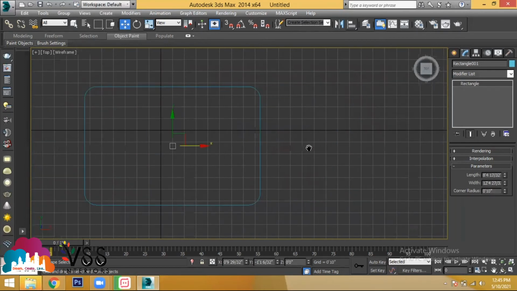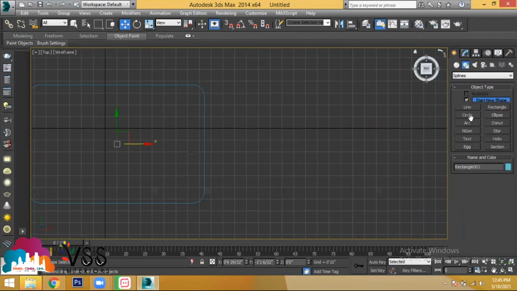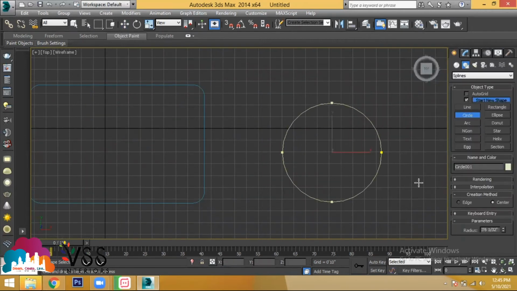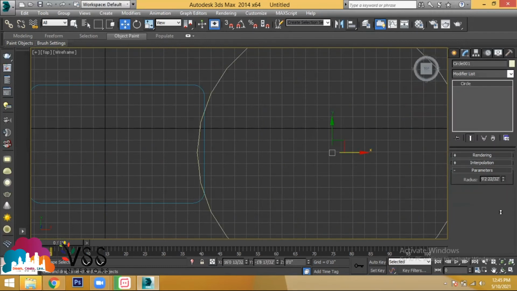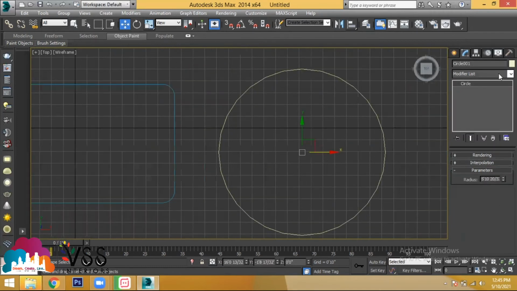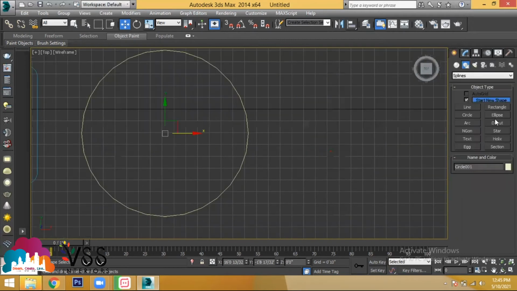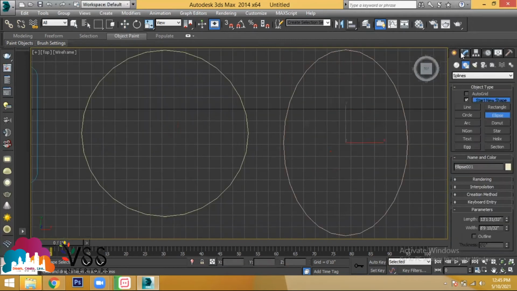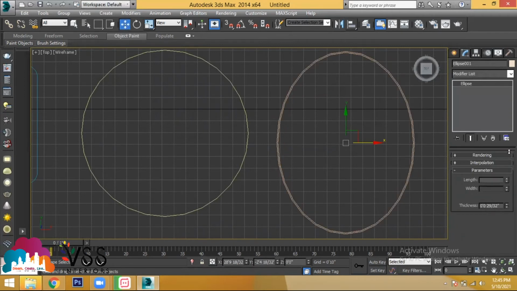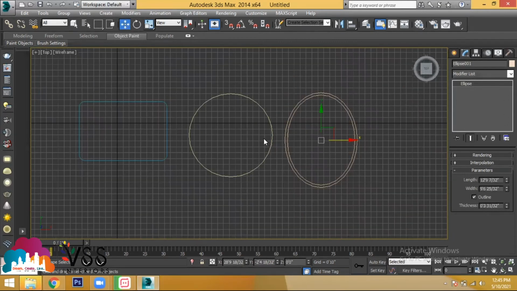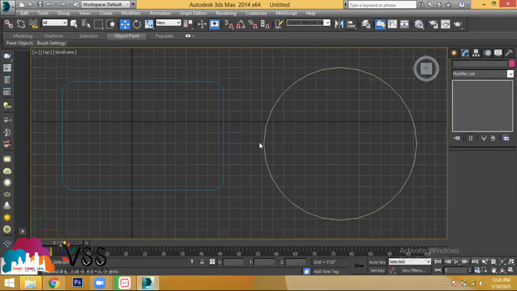That's it, right? When you go with a circle, click a center point and drag it. If you go to Modify, you find only the radius which you can increase and decrease. That's it, not more than that, right? If you go with an ellipse, if you drag it, you will find the option for how much length of the ellipse you need and how much width. If required, you can provide an outline, that is two ellipses, which gives you the extra part. So these are the modifications you are able to give in the 2D sketches for rectangle, circle, ellipse, arc.